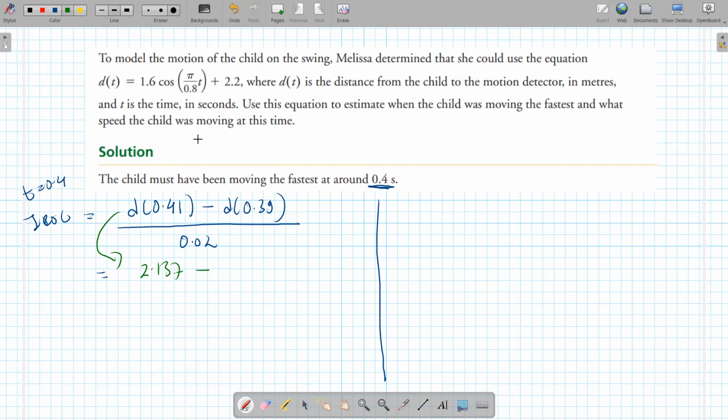Take away 0.39. So 1.6 times cosine of 0.39 times pi divided by 0.8 plus 2.2. That gives me 2.2628 divided by 0.02. Now we basically have the answer divided by 0.02. It is negative 6.29